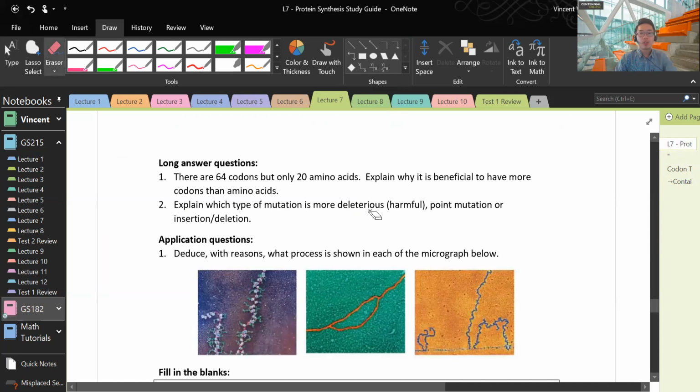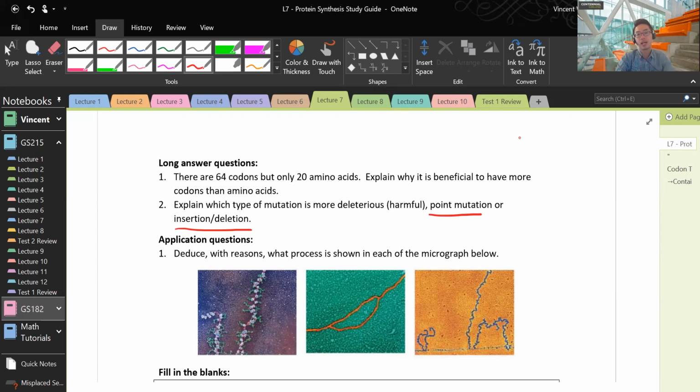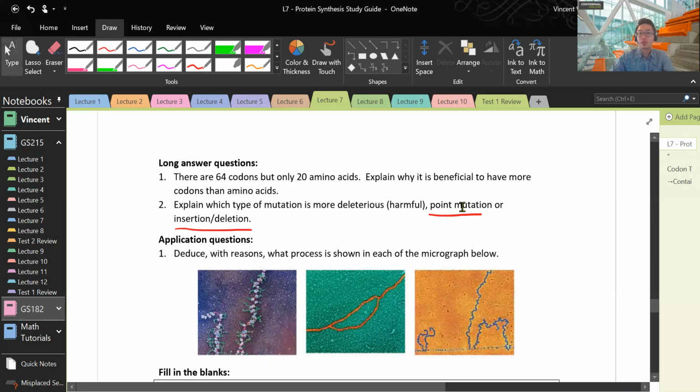Explain which type of mutation is more harmful, more deleterious. Is it point mutation? Is it insertion, deletion? Again, we can't really say which one is worse. In general, if I have to make a decision, I would say insertion and deletion is generally worse than point mutation. But does that mean point mutation cannot be worse than insertion or deletion? Absolutely not. If the point mutation occurs at a critical location in the enzyme, for example, that could completely render it